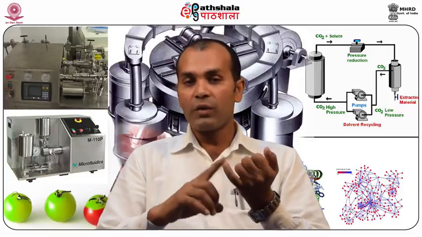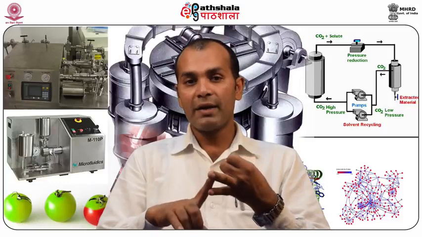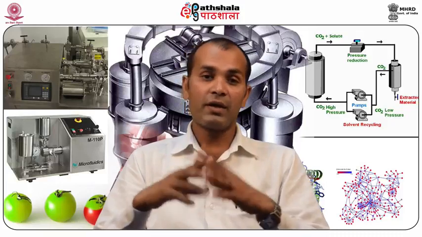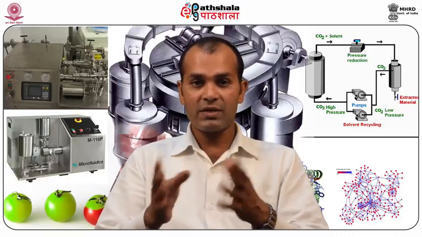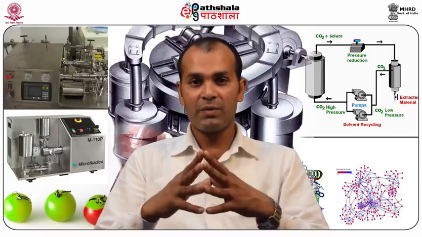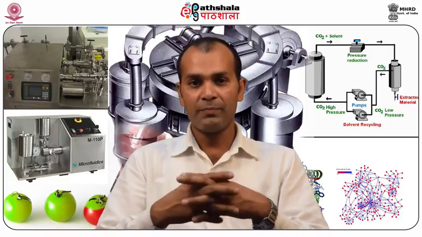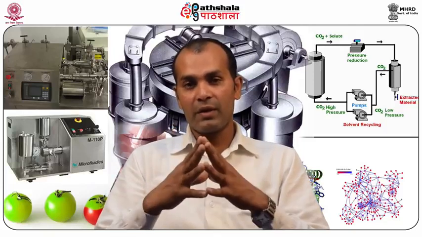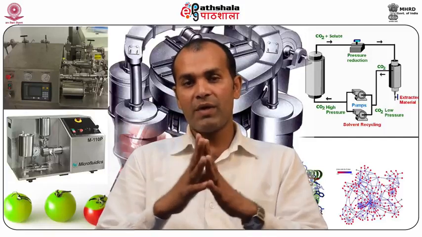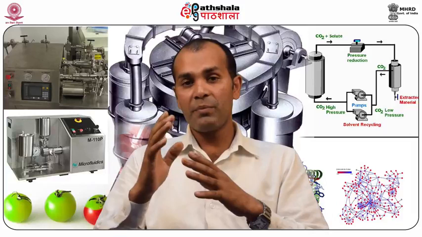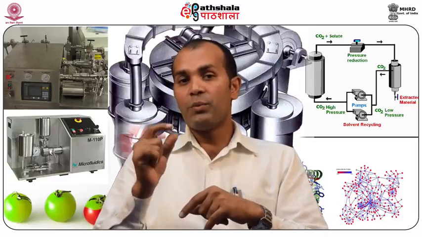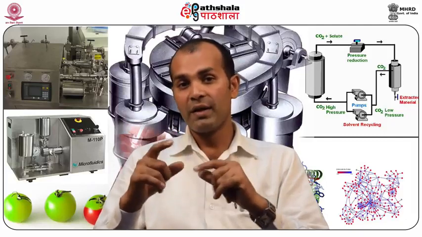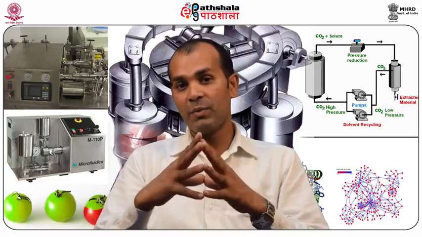So we can operate in dead end filtration, and we can operate in cross flow filtration also. It can be operated in the batch module, and in the continuous system also. So batch and continuous, dead end and cross flow. It is totally flexible. Moreover, when we are doing microfiltration of, say, milk, what will be retained and what will go into the permeate? That will be based on the pore size of the microfiltration membrane. On the basis of the pore size we use, the retention as well as permeation characteristics will vary.